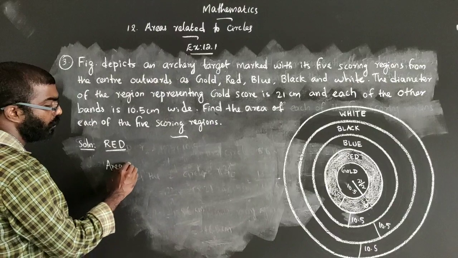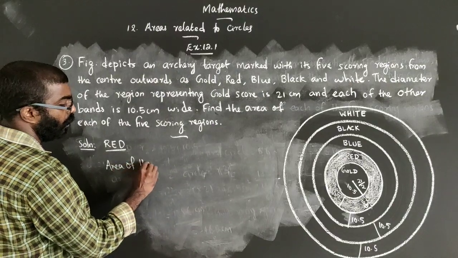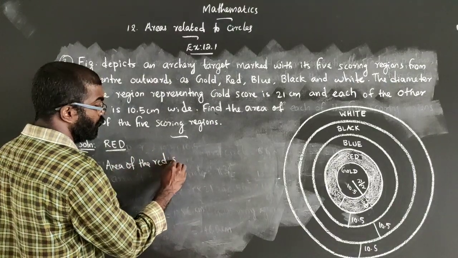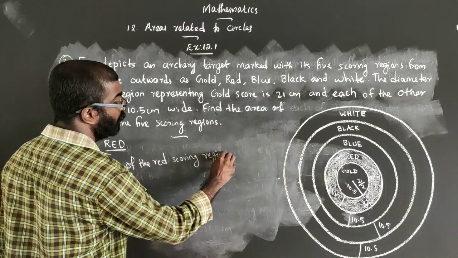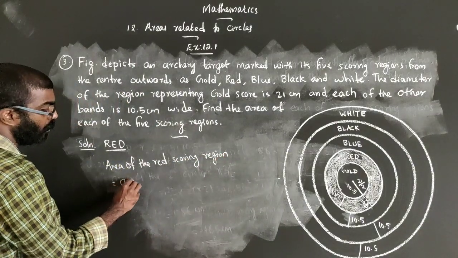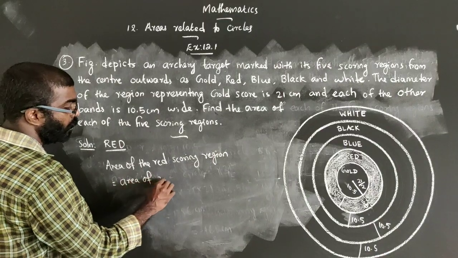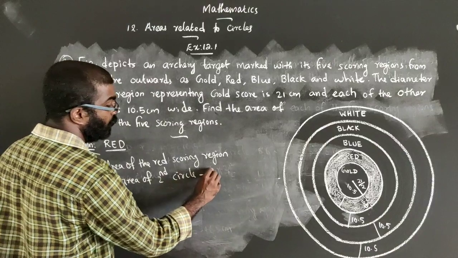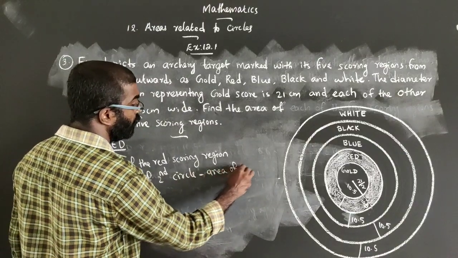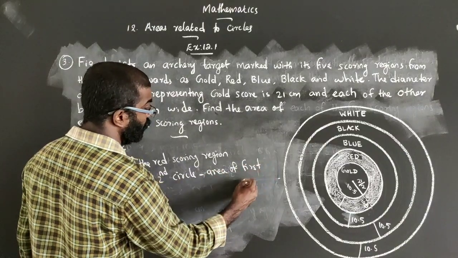Area of the red scoring region is equal to area of second circle minus area of first circle,